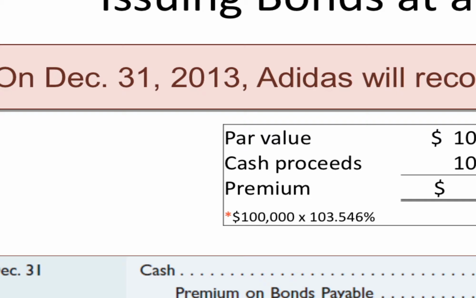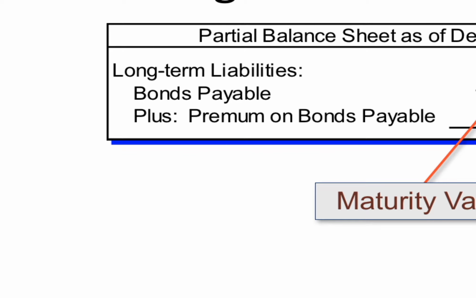What that means is you give me $103,546 today, I pay you the interest on that over the term of the bond, and then I pay you back less than you paid me, because this $3,546 is now extra money you had to pay in order to get a better interest rate. Then I go through the same way. You calculate the carrying value the same way, except now instead of minus discount on bonds payable, it's plus premium on bonds payable, and you add the two instead of netting them together.